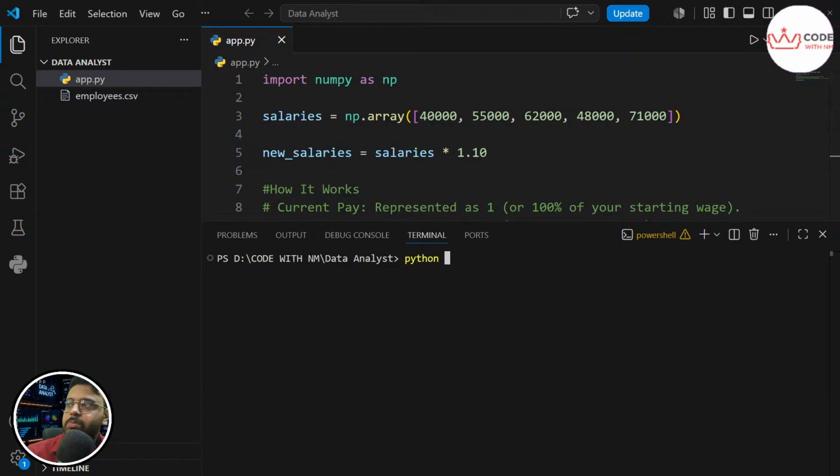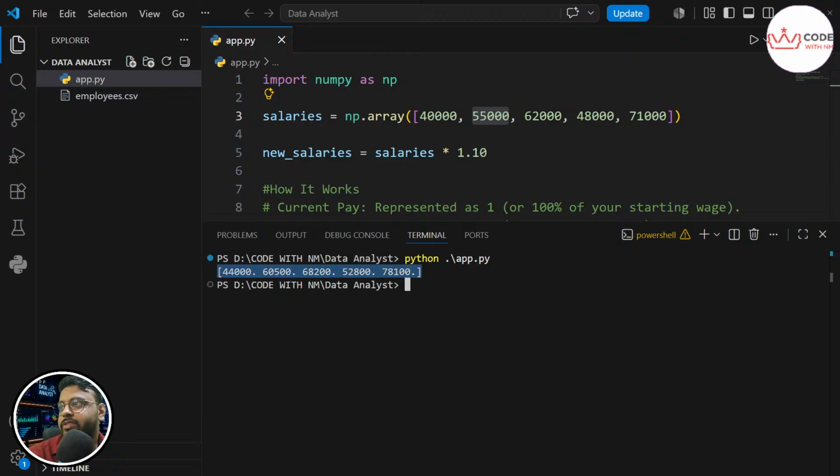The command is python app. You can see 40,000, 10% is 4,000, which is 44,000. 55,000, 10% is simply 5,500, which is 60,500, and so on.